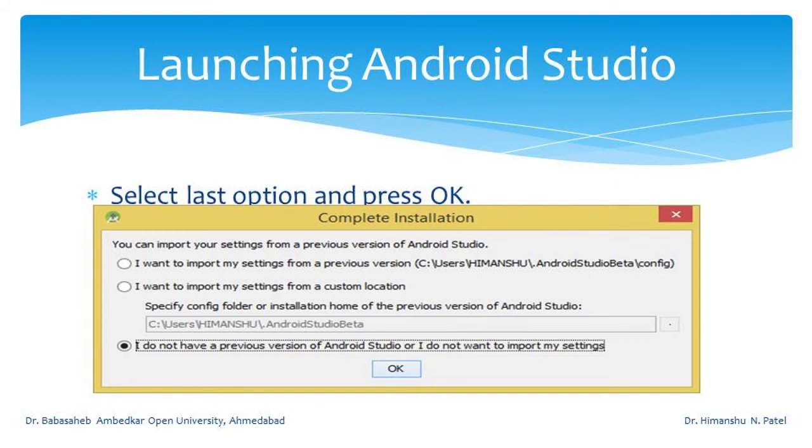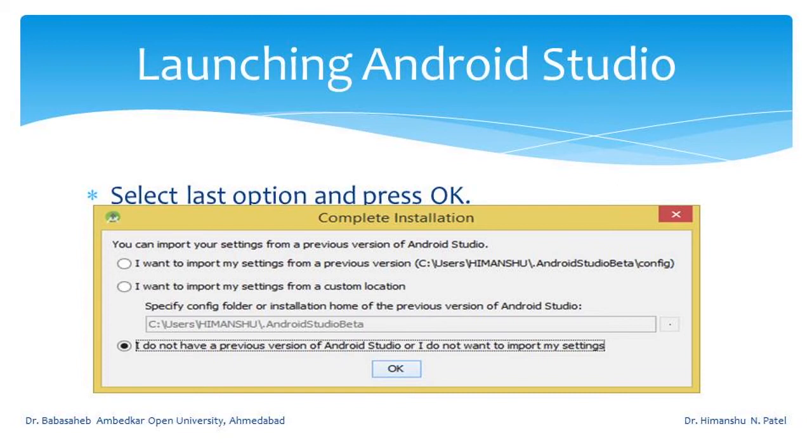You can see on the screen, when Android Studio is launched for the first time, it will show this complete installation dialog box, where you have three options. First option is if you want to import your previous version configuration, then you can select the first option, which is I want to import my settings from a previous version, if it is there. Second option is I want to import my settings from a custom location, which may be in some path. So, if you have settings in a certain location, you can use this option.